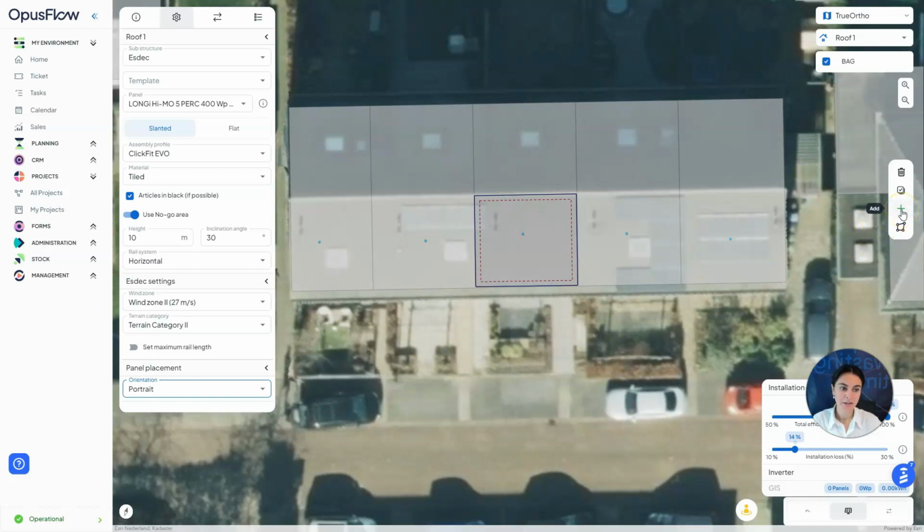Over here, if you click on this add button, then the software adds one solar panel on the roof. Otherwise, if you want to have solar panels added in bigger numbers, you click on this option and just drag and drop, and the software will add solar panels if there is space for it actually. You can also just drag solar panels together and move them around, or just select them here and move them a bit to the right or to the left.